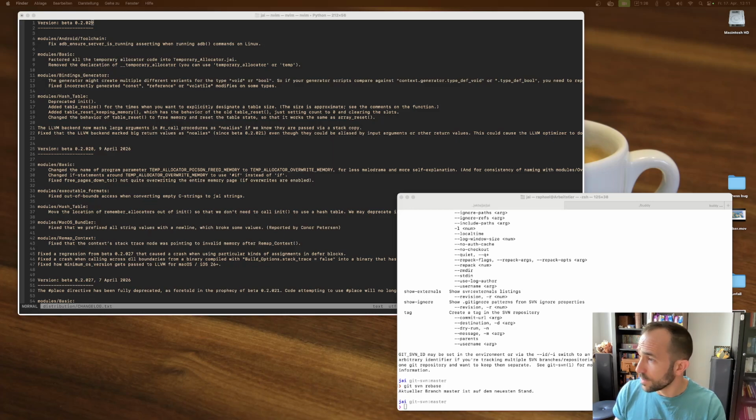I have on the menu a huge swath of changes, a bunch of regressions lying around that are just in my local copy. Wait, I have merge conflicts. Give me a second.